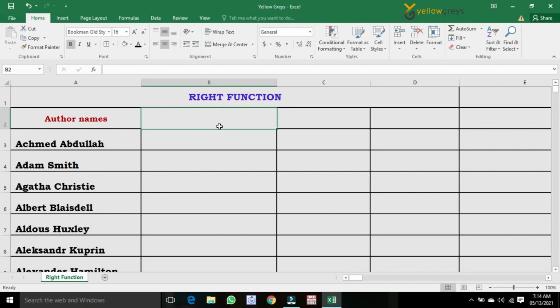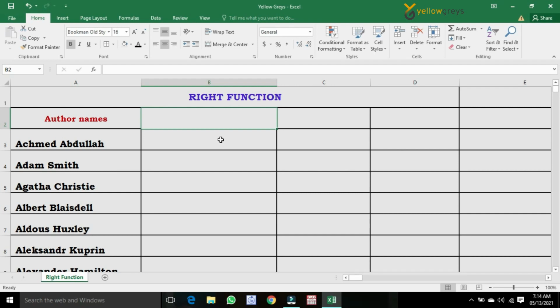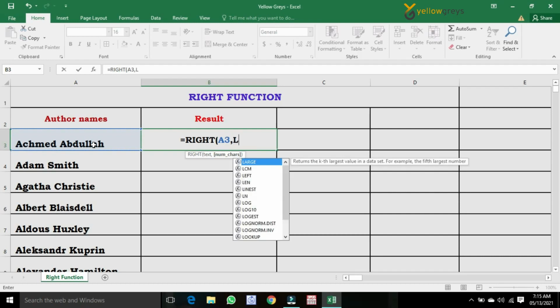Let's try the RIGHT function along with some other text functions. In this example, I have a list of author names which contains first name and last name. Suppose I want only the last name, I can use the following function. That is equal to RIGHT, open the bracket, select the cell reference of the text, comma, then type